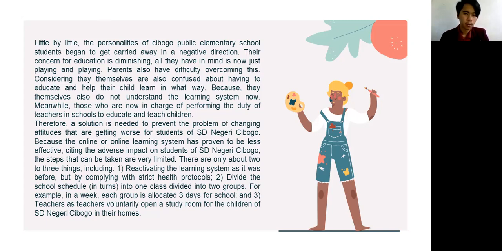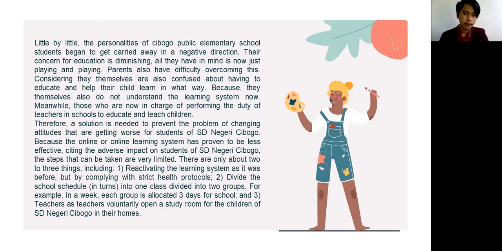Meanwhile, those who are now in charge of performing the duty of teachers in school are to educate and teach children. Therefore, a solution is needed to prevent the problem of changing attitudes that are getting worse among students of Cibogo Nation Elementary School, because the online learning system has proven to be less effective. Citing the adverse impact on students of Cibogo Nation Elementary School, the steps that can be taken are very limited. There are only about two or three things, including